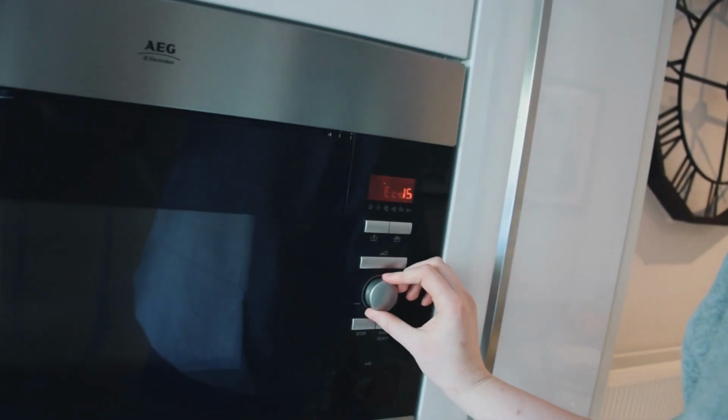So I'm just gonna put this in the microwave. Also, while that's in the microwave, I just wanna let you guys know that I am still in pajamas. I did just wake up and I'm just making breakfast, so no judgment here about the plain face and messy hair and the hoodie and